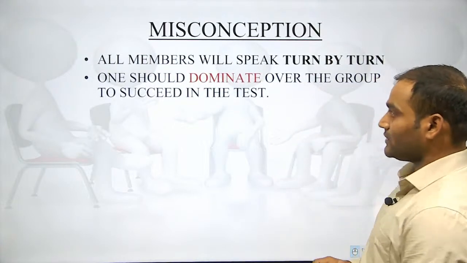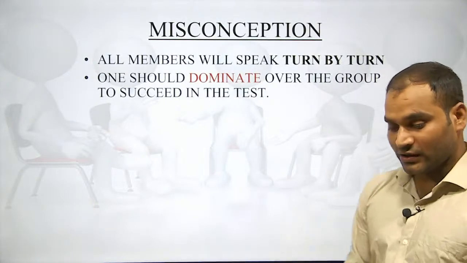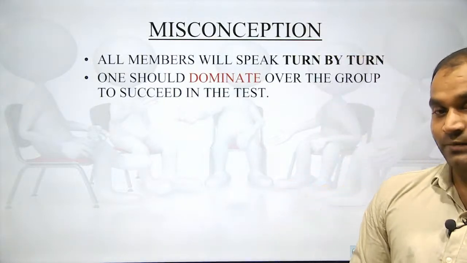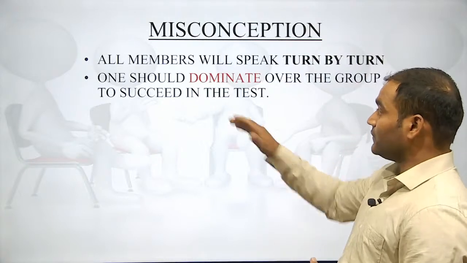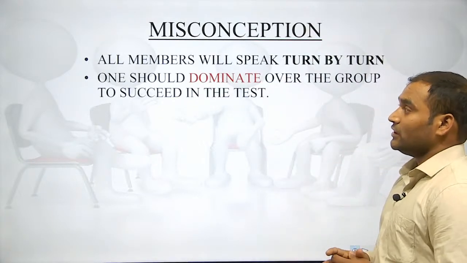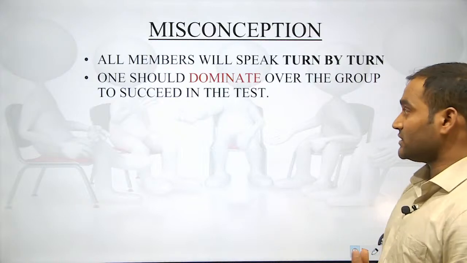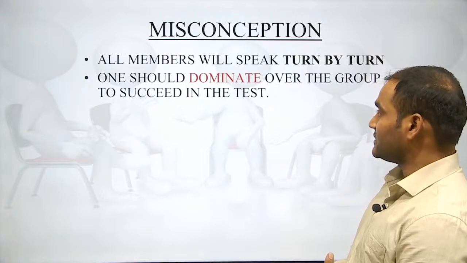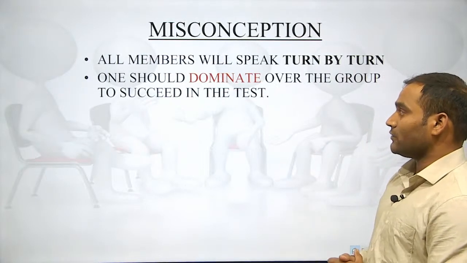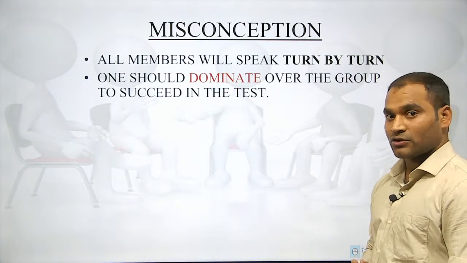Okay. And I think when you are a repeater and you go there and you are put in a repeaters group, God save you then. Next is if you are dominant, then you can get success. No, on the last slide we discussed the importance of being cogent, not dominant.